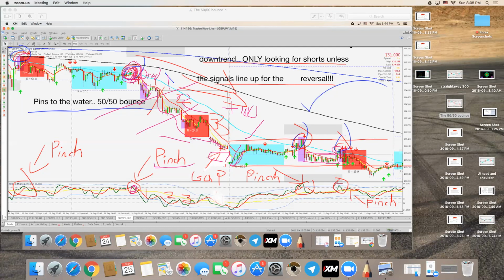Pinch, another pinch to the TDI, right? Drops another, what is probably like 30 pips. So these little things can help you, okay? Trust me, there's plenty of these in the charts. Whenever you're looking at the charts and you're like, man, this has been a downtrend forever, it doesn't end. When you want to catch the trend too, you can start using these 50-50